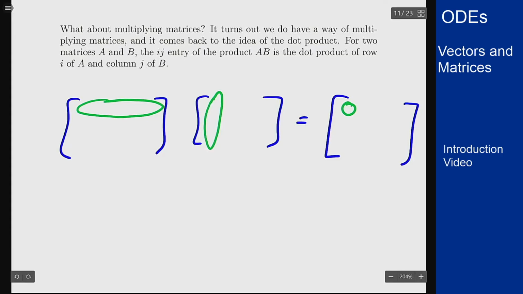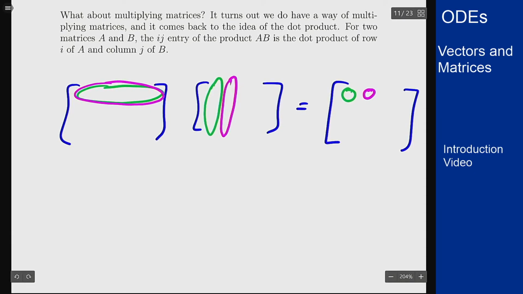If I want to look at 1, 2 of the product, I'm still going to take the first row of A, because I'm still in the first row of my answer, and now the second column of B, and dot product those together to get the 1, 2 entry of the product AB. And you do this for the entire matrix in the product. By doing this, we can see when this will be defined. It's only defined if the two vectors I want to take the dot product of are actually the same length. So if matrix A is m by n, and matrix B is p by r in terms of dimensions,